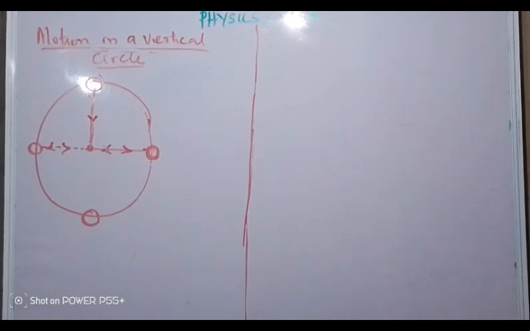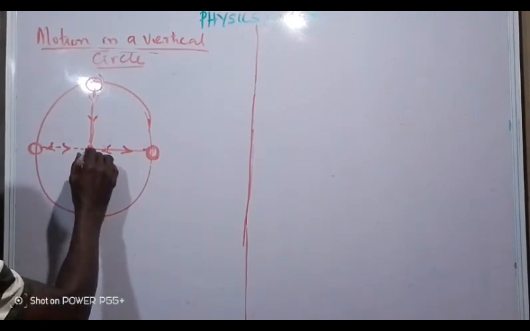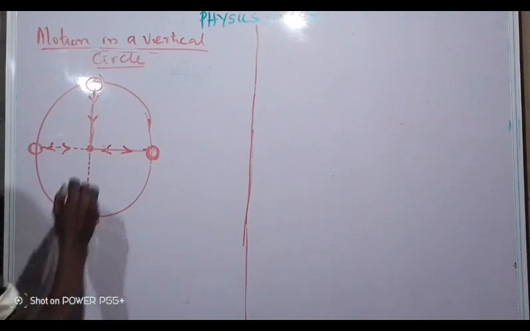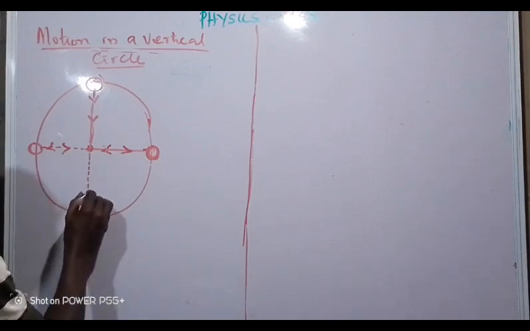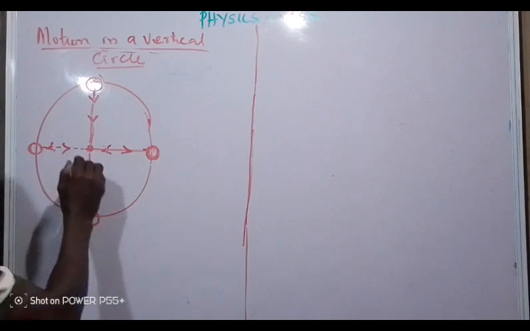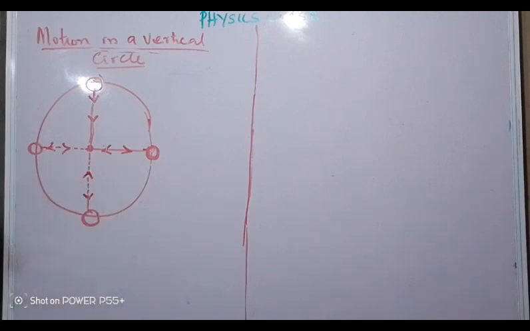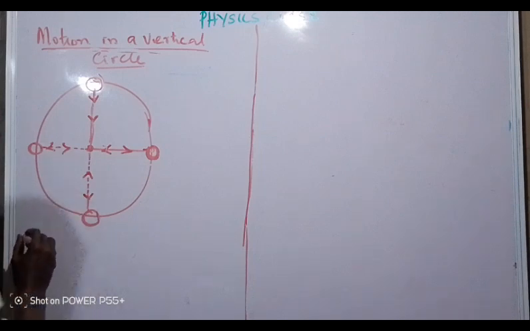But when it moves to this side, the weight of the bulb will act downward, the tension will act upward. So from what we've done on the board now, it means when an object is moving in a circular path with constant speed, the centripetal force of the body will be given from the tension